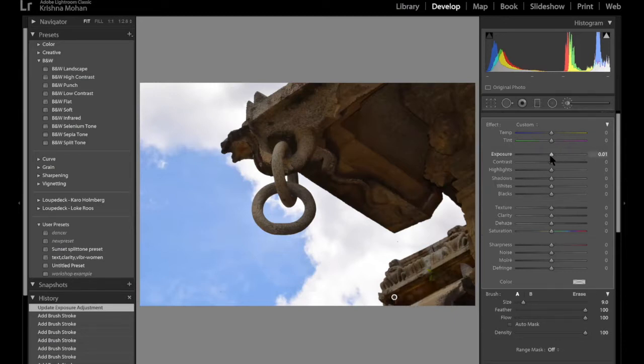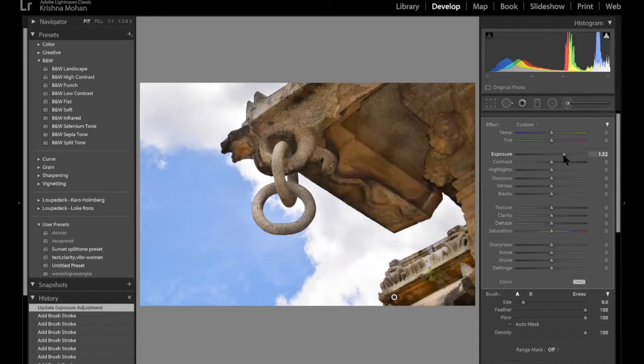When I change the exposure, I can increase the exposure. You can see that the roof is getting brighter. The sky remains exactly as it is. So now I can have a brighter roof and a brighter sky without spilling anywhere. This is the advantage of using a brush as well as the control given by auto mask. So learn how to use your auto mask. Auto mask is basically used only to the edge.